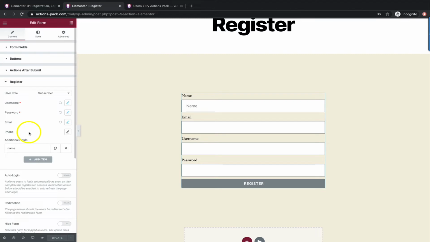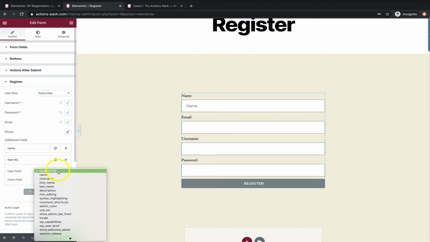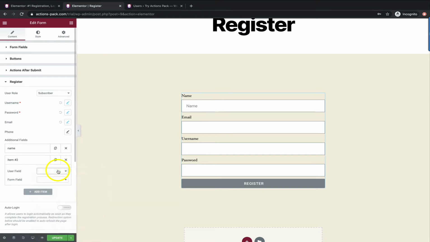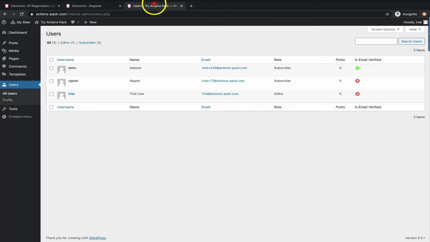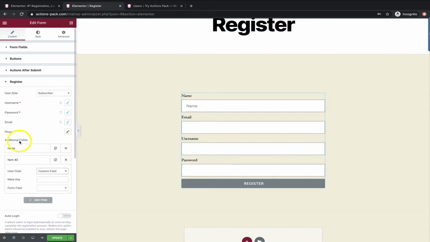Now, I mentioned the additional fields here, which I just want to show you one more feature, because what you can also do, depending on the needs of your site, is use the custom field option as well. See at the top here, we have custom field. Now, what this is going to do, if I just use as an example the WordPress users table, and you can see some demonstration accounts here that we've created to help illustrate this, and you can see at a glance whether an email has been verified, and the key form fields that people have entered their data into. We can create additional fields in this table, and this is what the additional fields option is here.